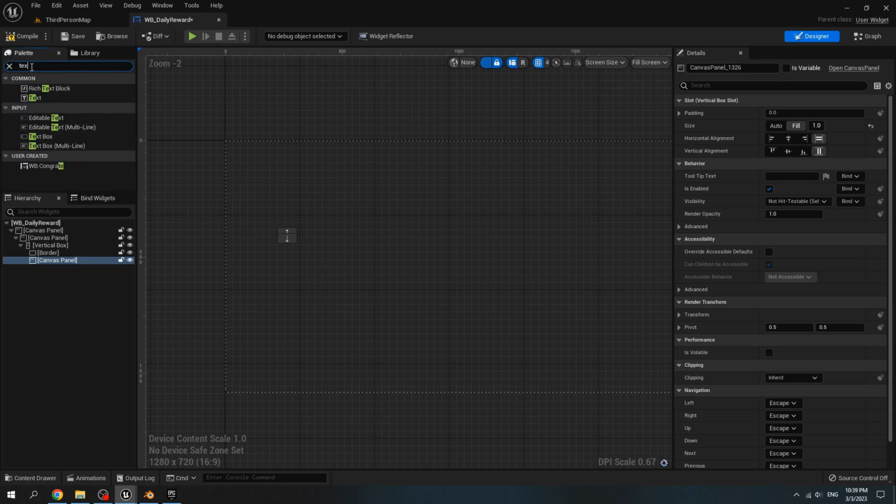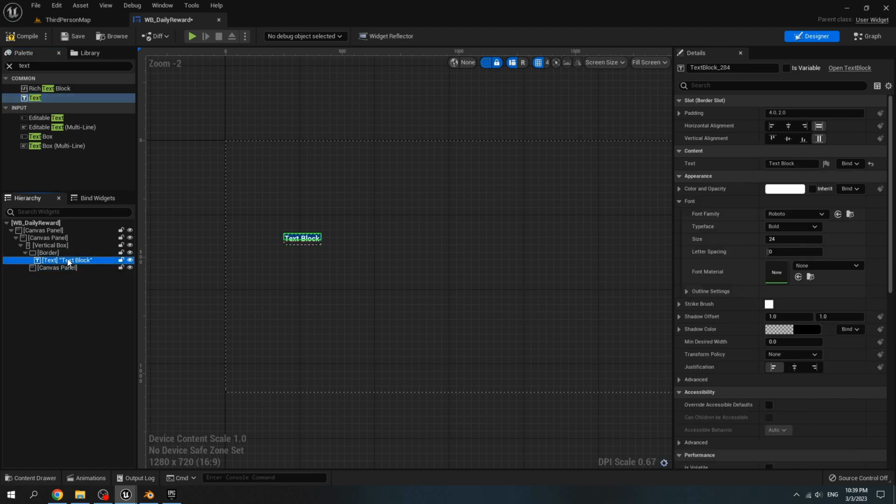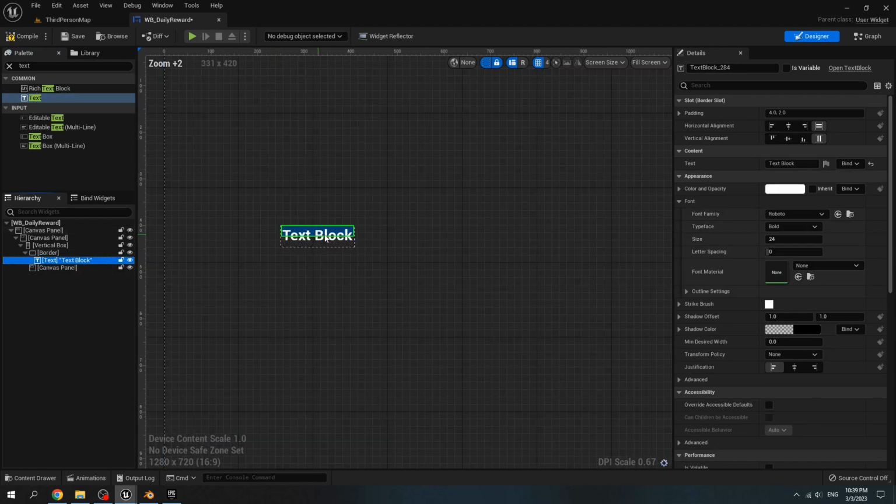Search for text. Add it to the border. And for the text, set it to Day 1. Rename this text block to D1.